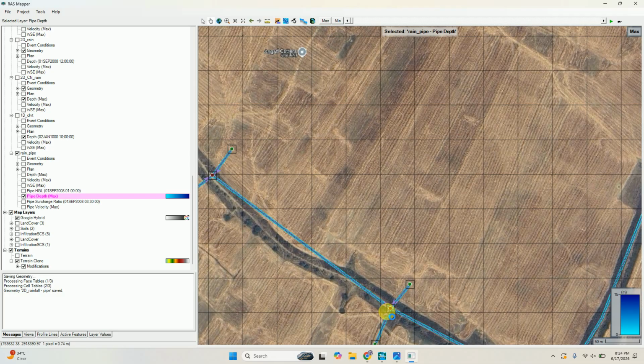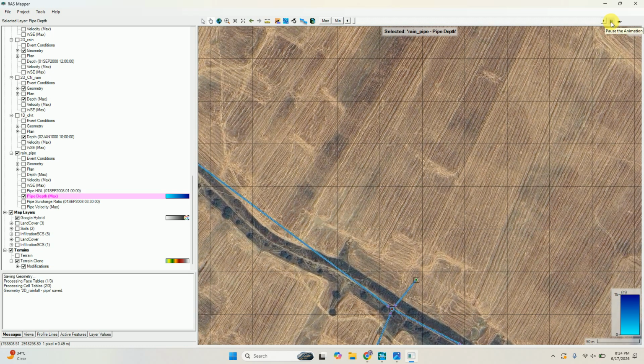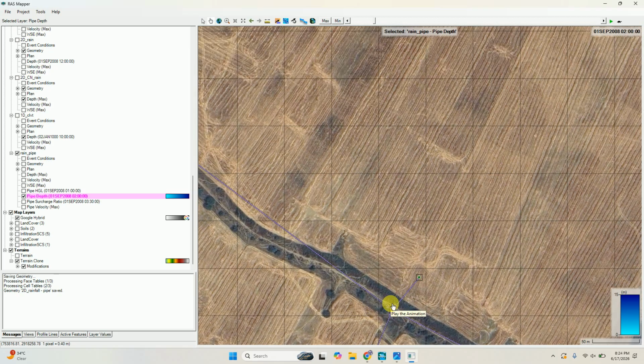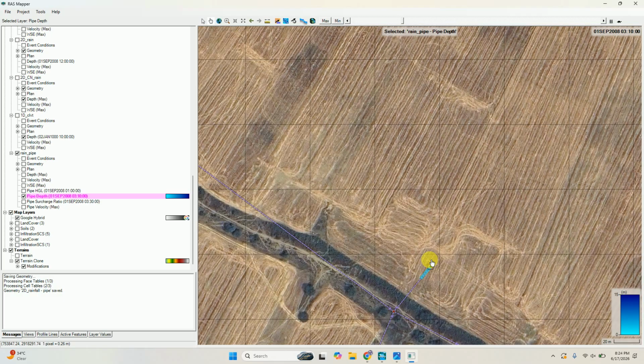Here I'm zooming in, and I'm starting the animation. When the flow comes to this point, after that it comes to the channel, to the pipe, and it will inundate the area. Here you can see the depth is approximately this much. Here the depth is 2.23.